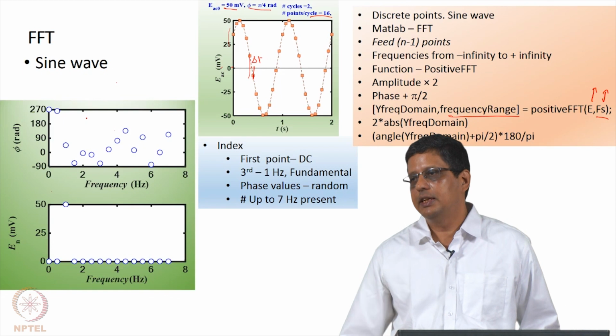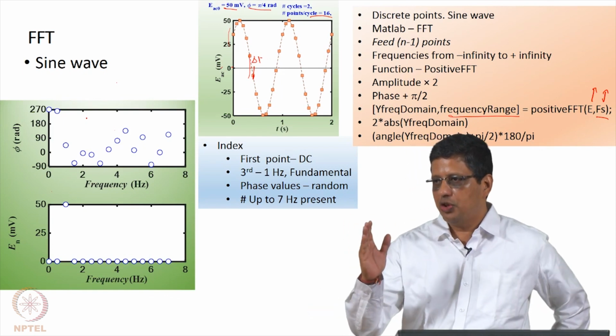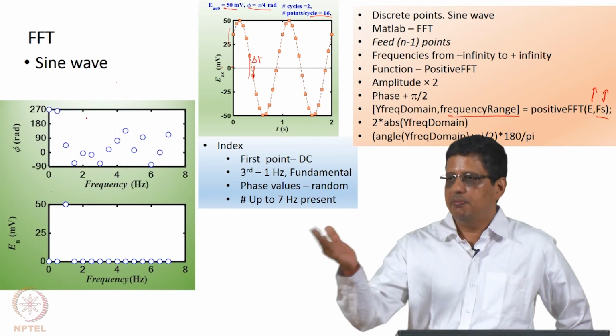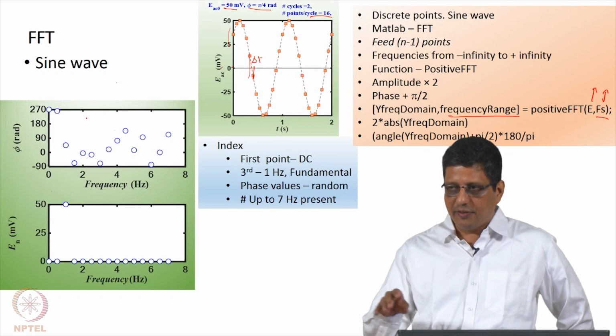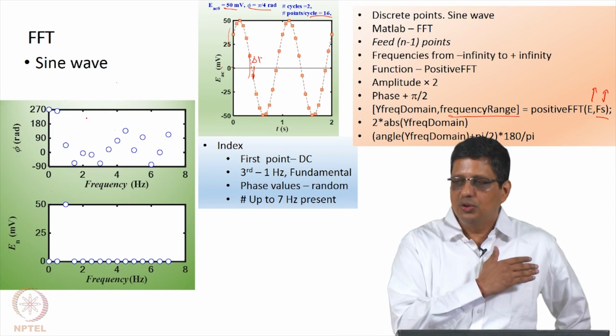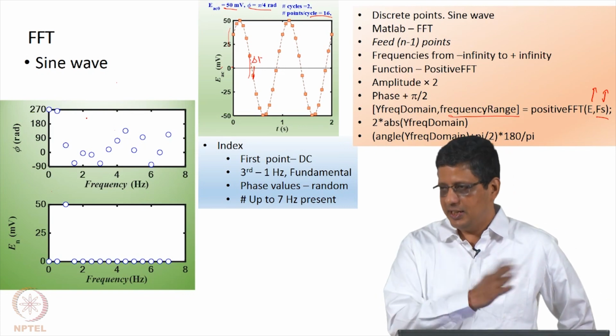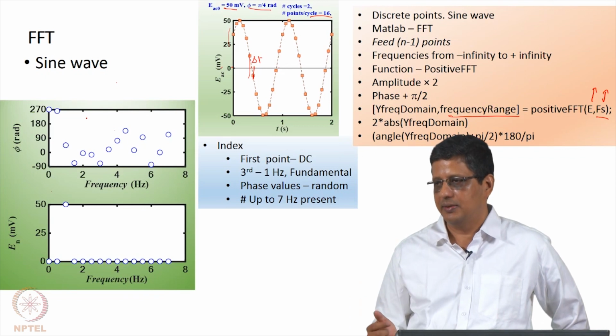Because what has happened in the FFT is that it has split the energies, or whatever amplitude you are getting, and given it in minus and plus frequencies. It has distributed it equally. That is the way the FFT algorithm has been implemented in MATLAB. Now, we are throwing away all the negative ones, so half the energy is gone, and only the remaining half is here. So, we have to multiply by 2 to get this.